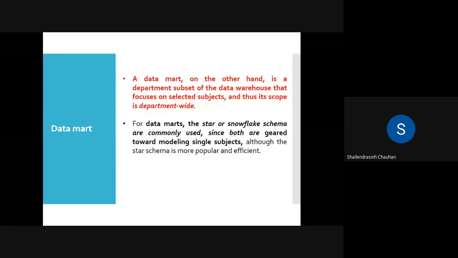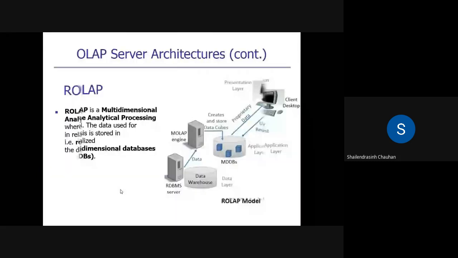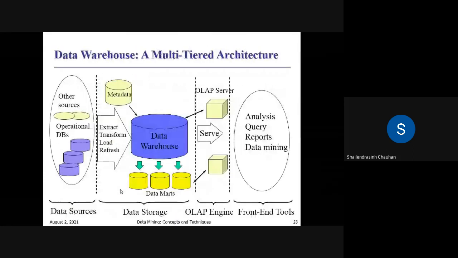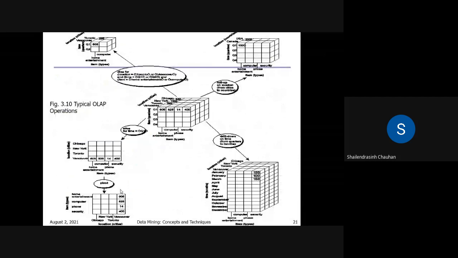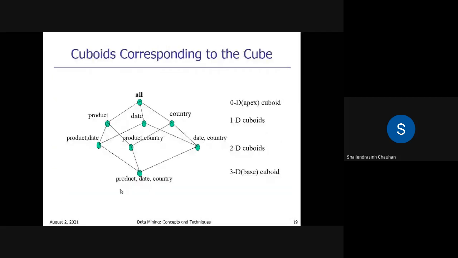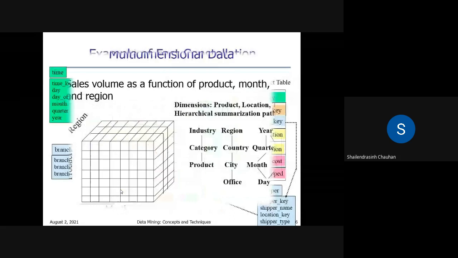Whenever you want to create a data warehouse, we have seen the schemas: you can use star schema, snowflake schema, or galaxy schema. But if you want to create or design a data mart, you can use star schema or snowflake schema only. Why these two only? Let us understand the difference. If you want to create a data mart, you can use only star or snowflake. If you want to create a data warehouse, you can use star, snowflake, or galaxy, the fact constellation. Why is it so?